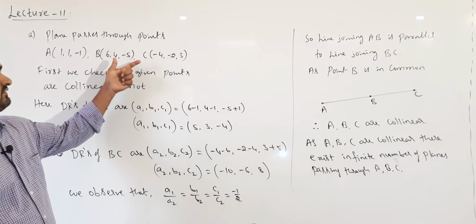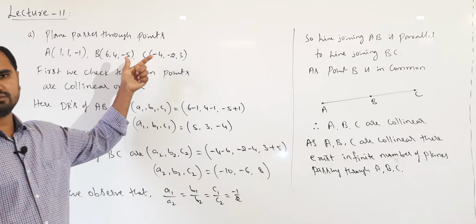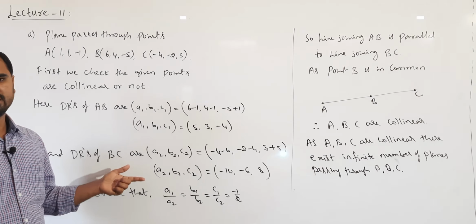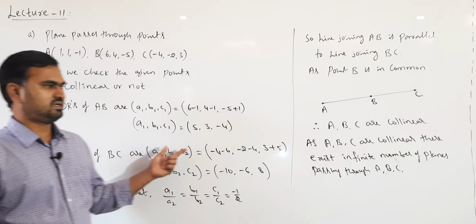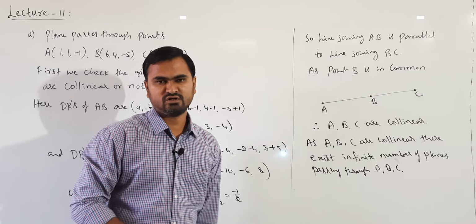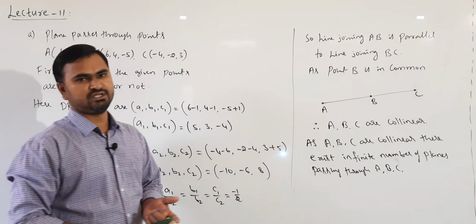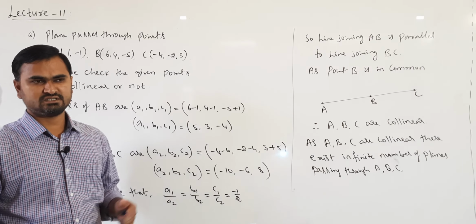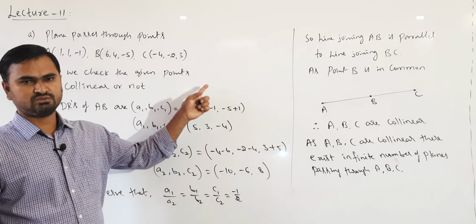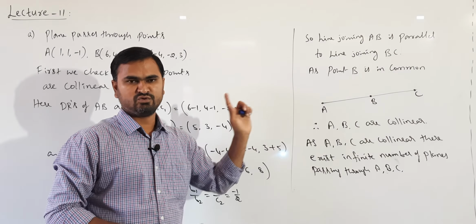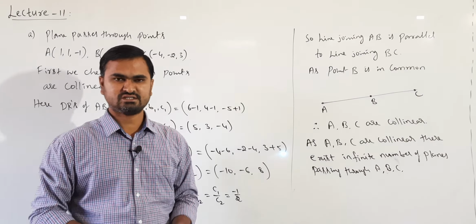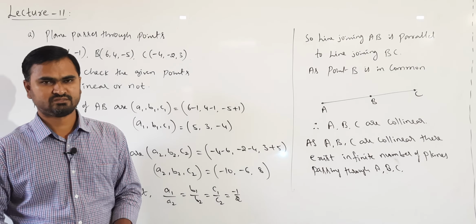Understand? So whenever we are finding the equation of a plane passing through 3 given points, first you have to verify whether the points are collinear or non-collinear. If collinear, simply we write that an infinite number of planes exist. If they are non-collinear, then we have to use the formula. In theory we discussed the equation of a plane passing through 3 non-collinear points, both in vector form and Cartesian form. We discussed how to find the equation of that plane. So using those formulas, we will find the equation of the plane here. Understand?